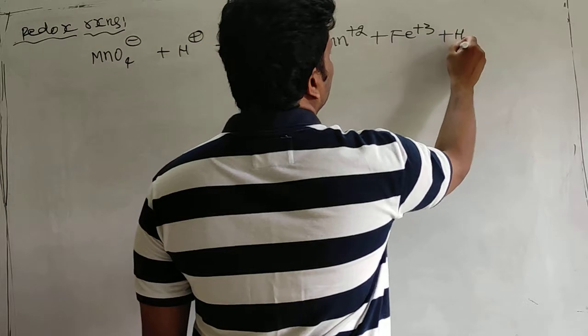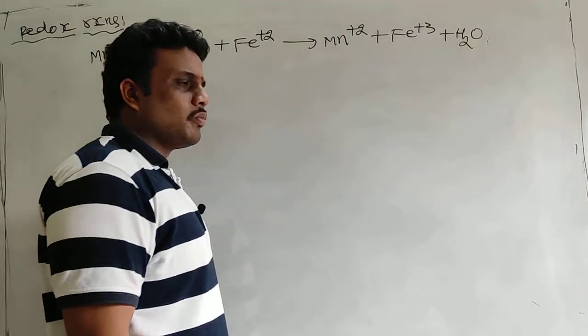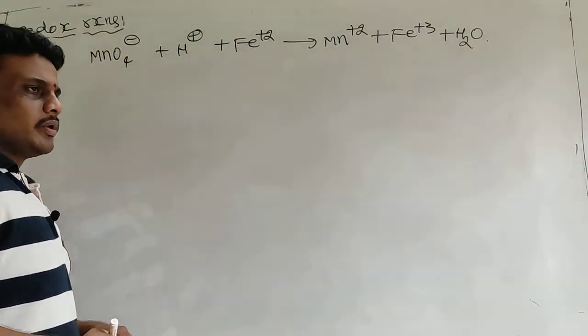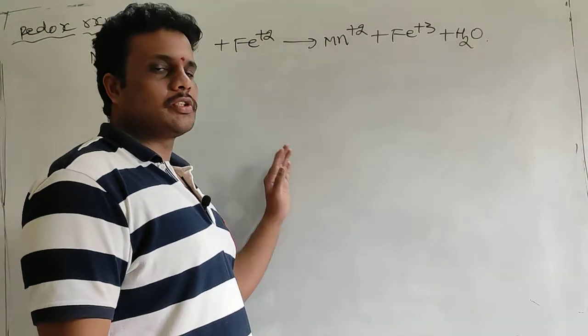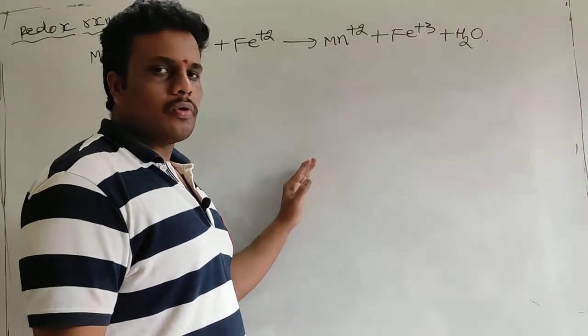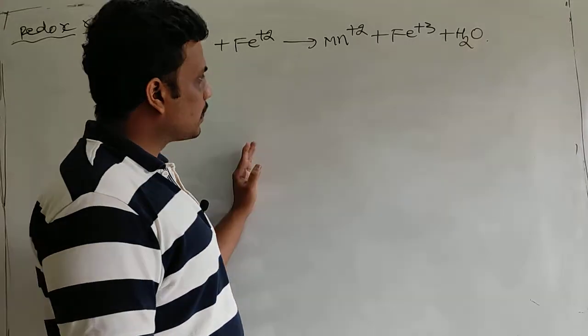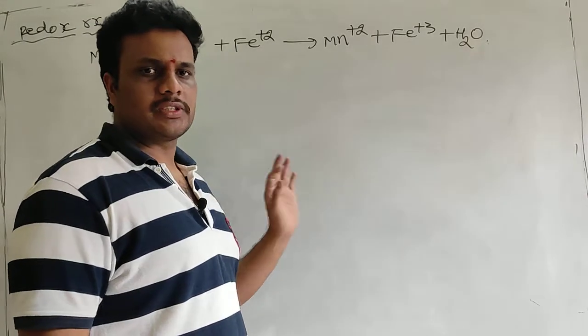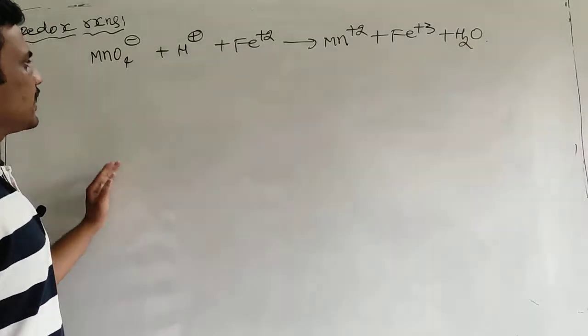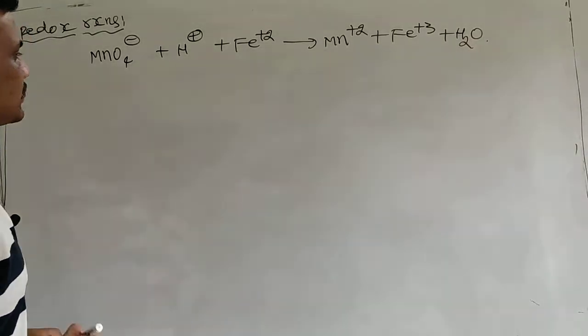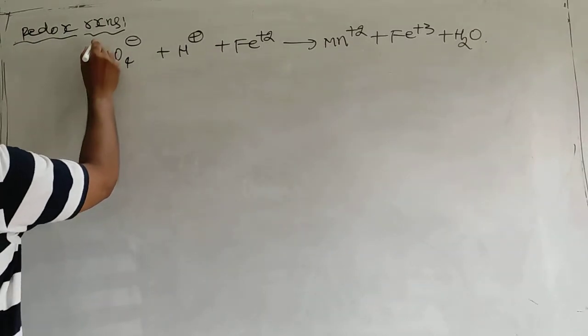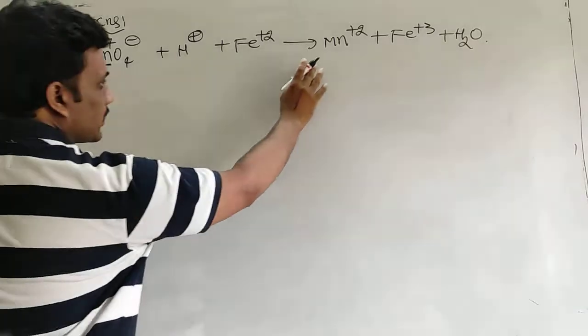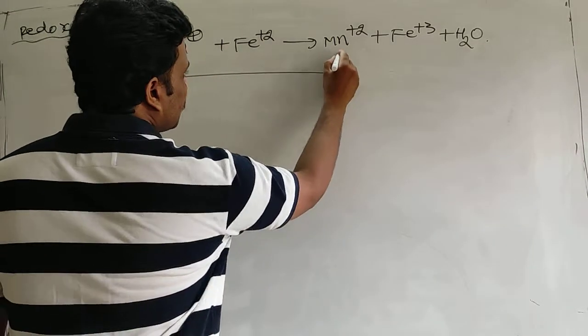You are given this. Generally, once you have completed your class 12, you know the reactions of potassium permanganate and dichromate strictly from NCERT. So this is a redox reaction. In this, manganese, the central atom, is +7 and on the right side it is +2. What is the decrease in oxidation state?